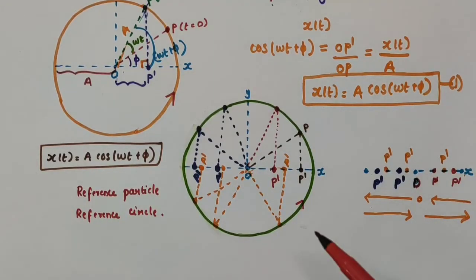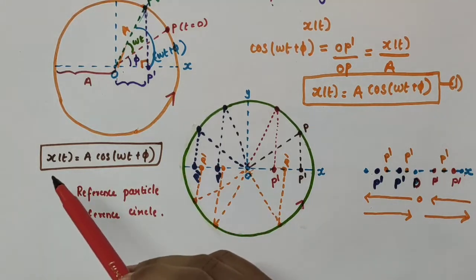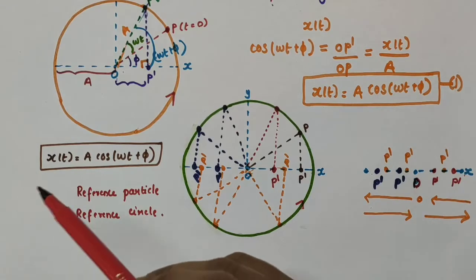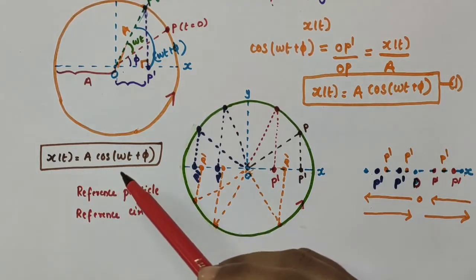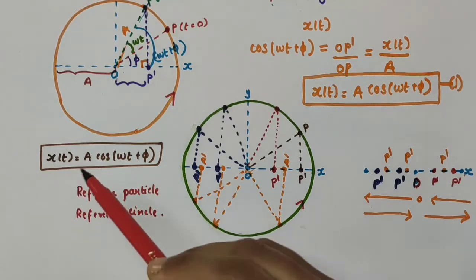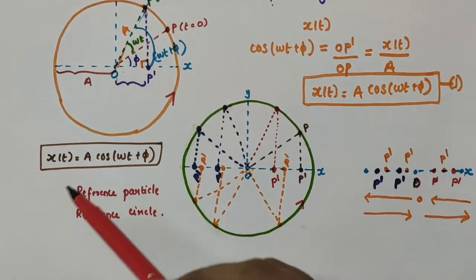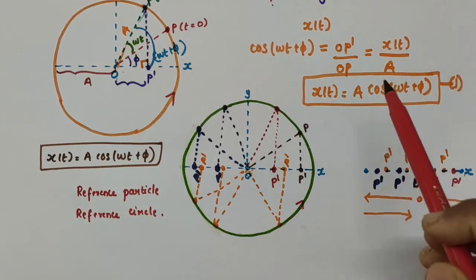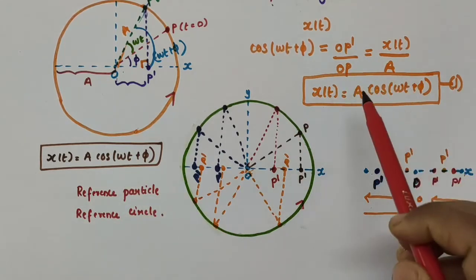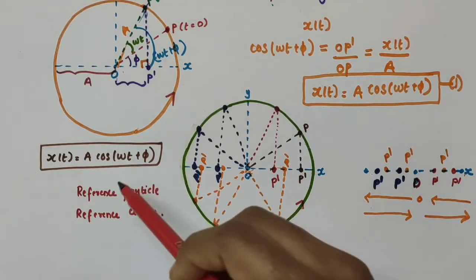While we discussed simple harmonic motion in our previous video, we have seen that an oscillatory motion is said to be simple harmonic if the displacement x of the particle from the origin varies with the time as x of t is equal to A cos of omega t plus phi. I hope you remember this equation, otherwise I will provide the link in the description box. Now, the equation we got here, equation number 1, is the same defining equation of simple harmonic motion, no?